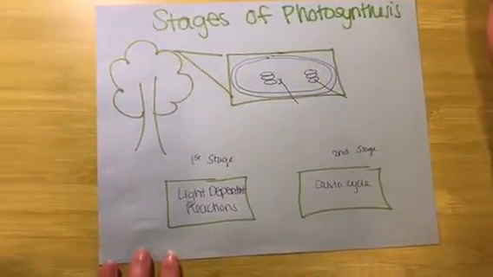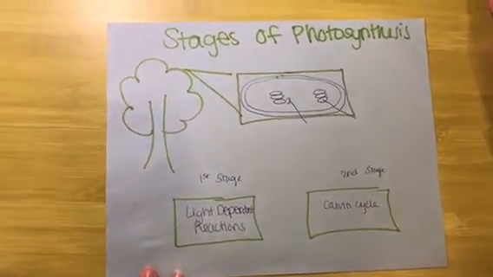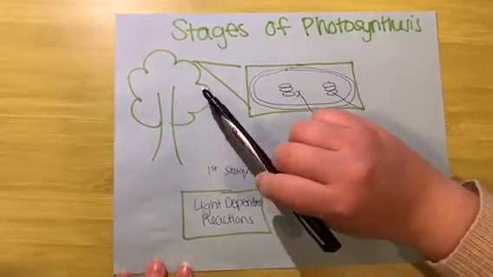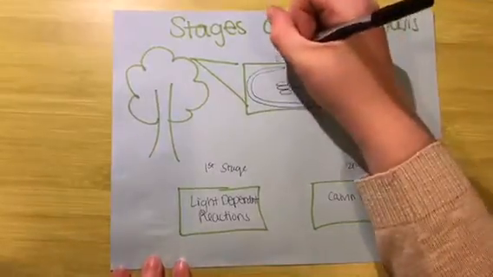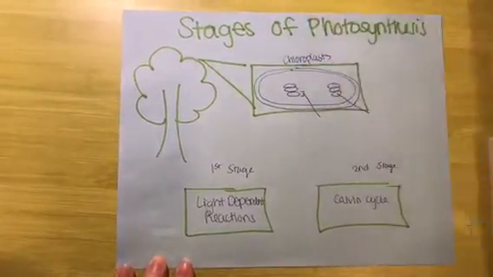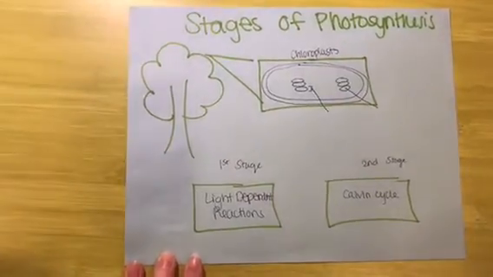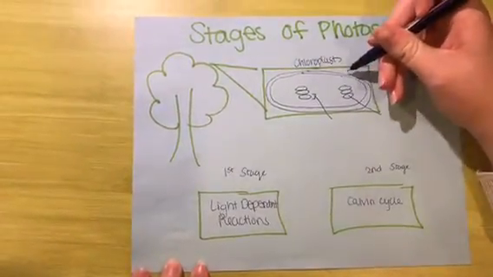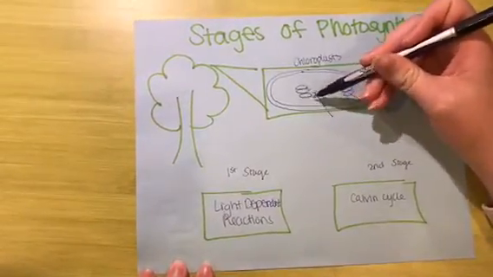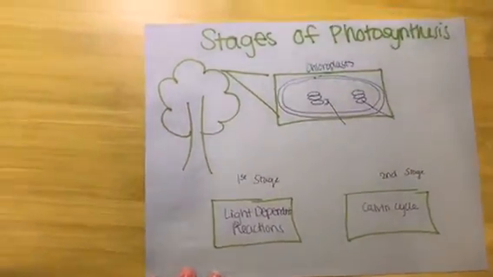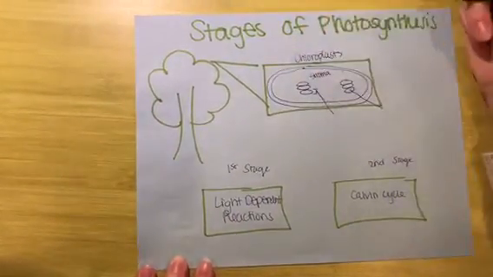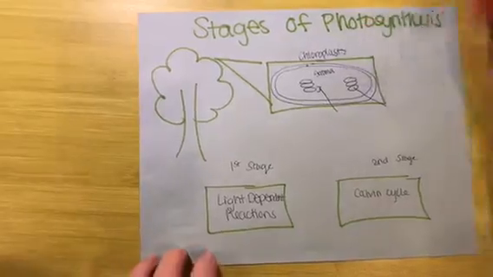So to get started, let's remember where photosynthesis is occurring. So we have our plant here, and in our tree we have organelles that are called chloroplasts, which is the site of photosynthesis in a plant. And inside these chloroplasts, we have the inner membrane and the outer membrane. And then we also have thylakoids, which is just one single one, although they are stacked into grana, and the stroma, which is this inside area. Now, inside the thylakoids, we also have the lumen,